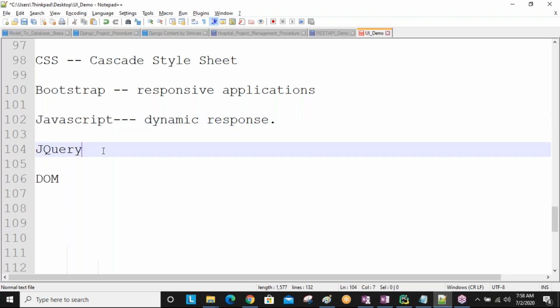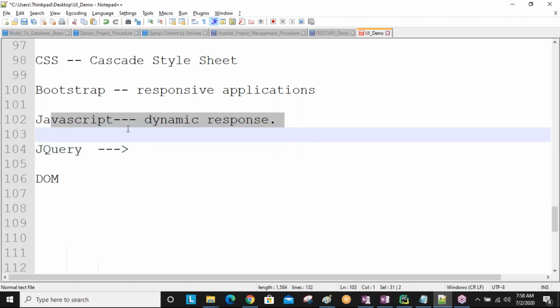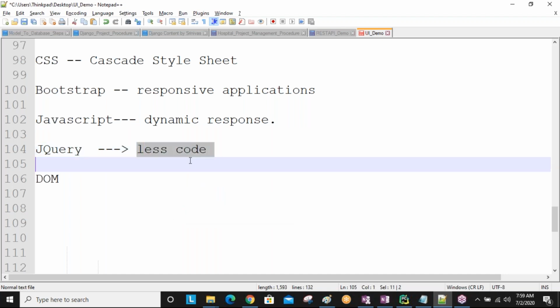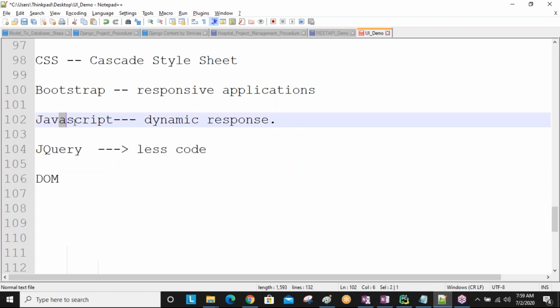Next, jQuery. jQuery is an advanced concept of JavaScript. Here you write a lot of code, but using jQuery we write less code, and whatever you do in JavaScript, we can apply and develop here also.